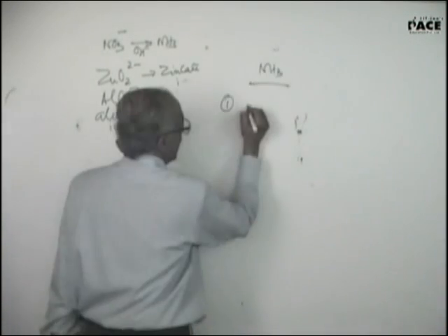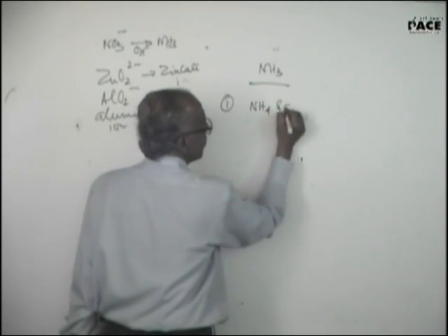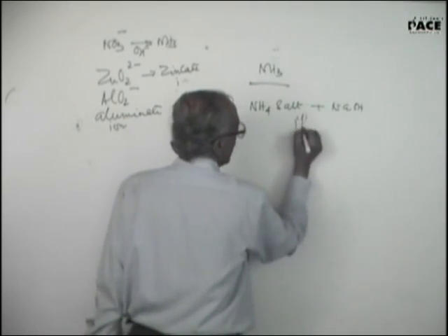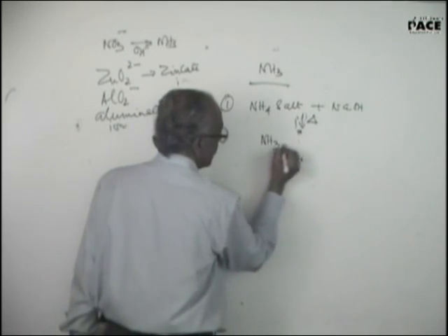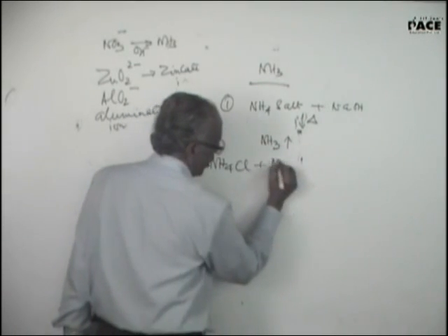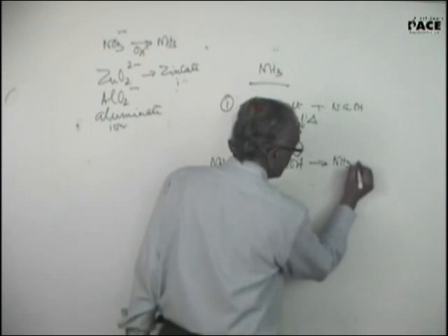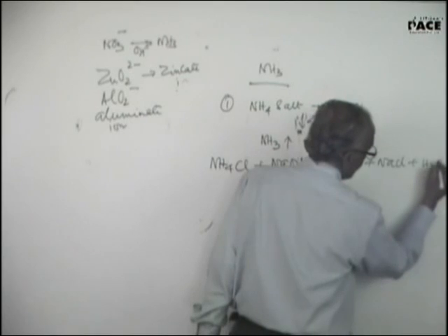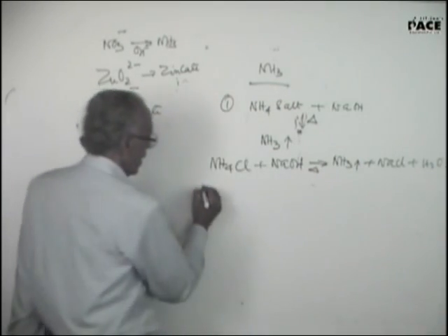Ammonia. Take an ammonium salt and react with sodium hydroxide. If you heat, you get ammonia gas. So if I take ammonium chloride plus sodium hydroxide, I get ammonia, sodium chloride and water. This is method number one. Second,